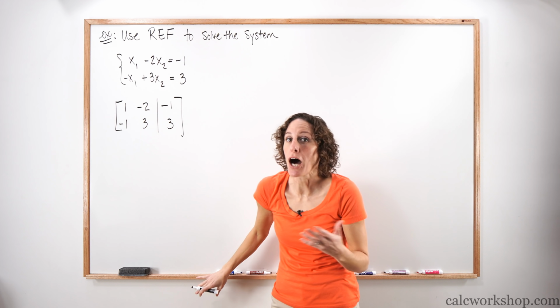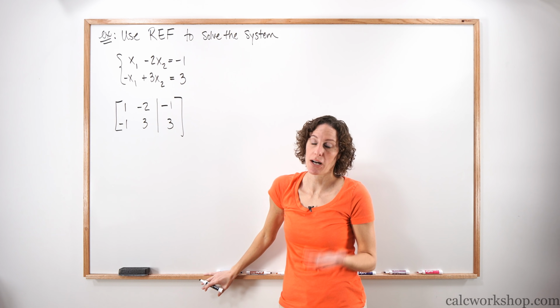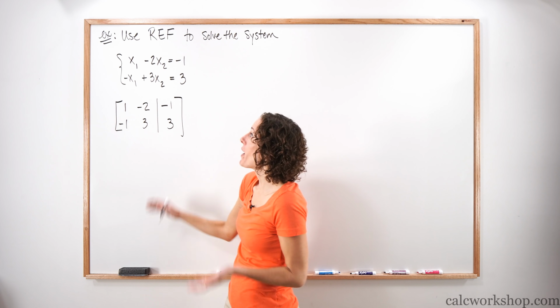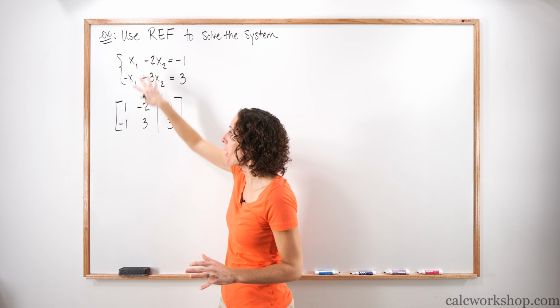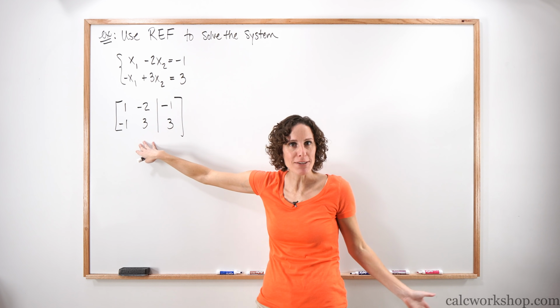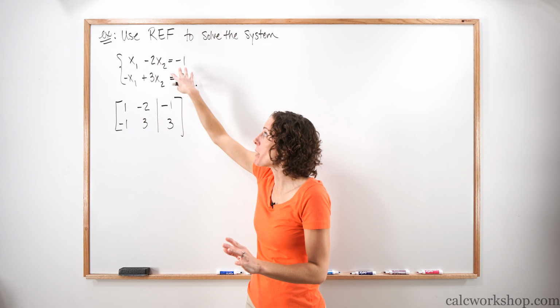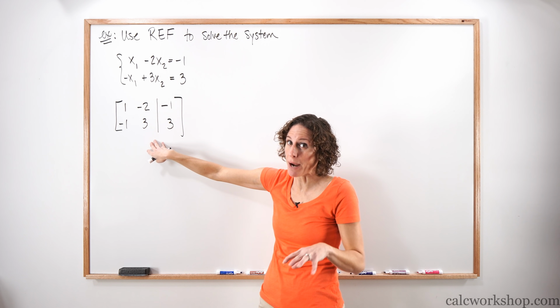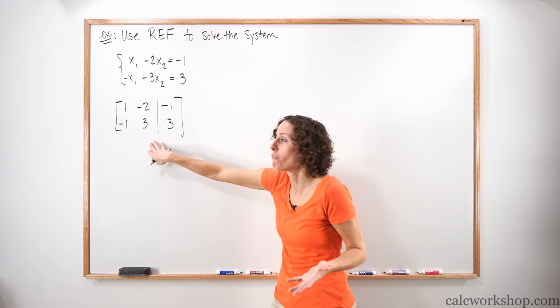Now, one of the most common mistakes is that we transcribe wrong. I've done it myself. It's important to make sure we copy correctly to get our matrix, because if we copy it wrong, then everything we do after that is going to be wrong. So take your time, double check yourself to make sure that you've transcribed it correctly.